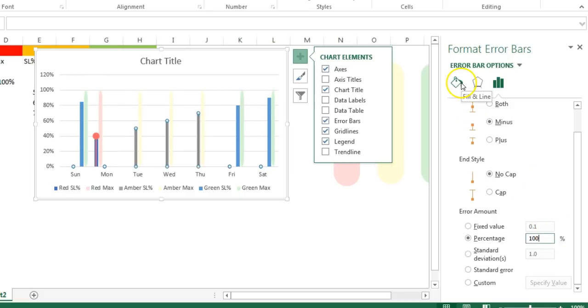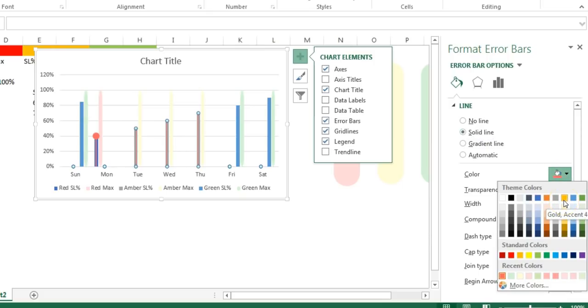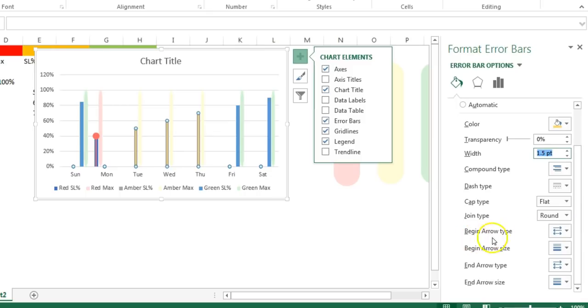Then we will go to the fill and line, and here we will take this solid line. The color we will take this golden accent 4 or a little lighter. Let's take this one. Width we will take 1.5. Begin arrow type we will take this one, oval arrow, and begin arrow size we will take this one.